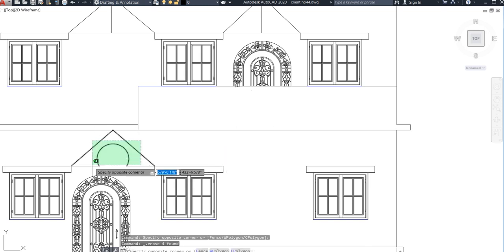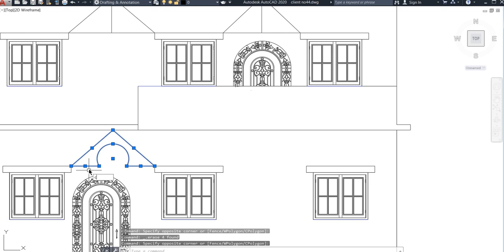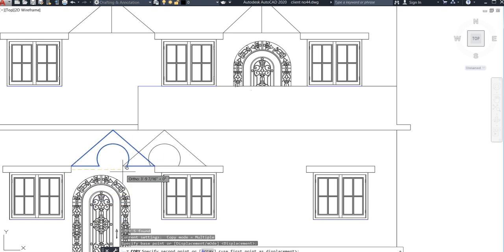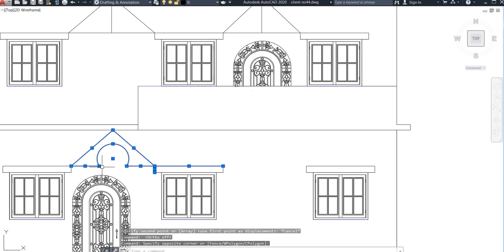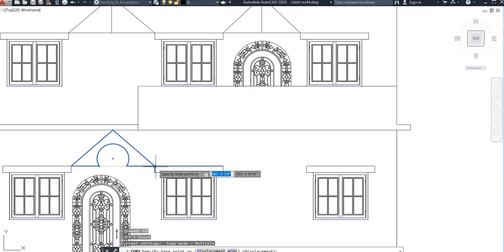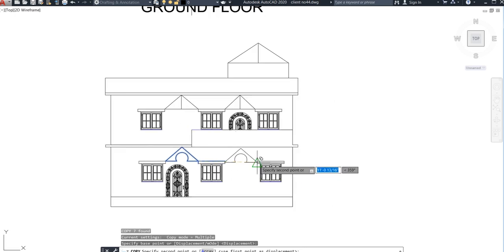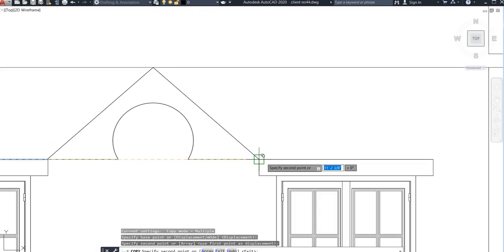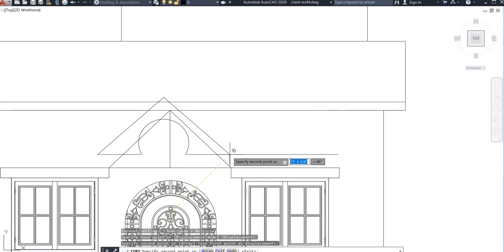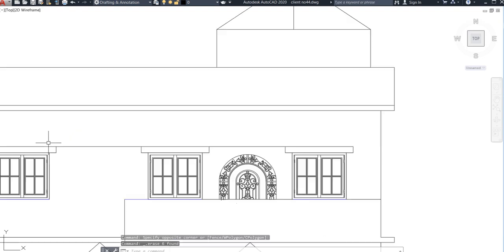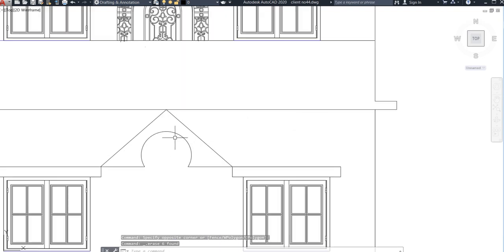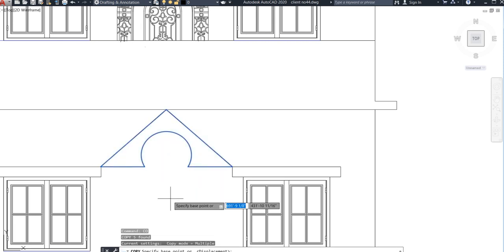Just select this, go for copy command. Before going to it, your ortho should be off. Just select this which I have selected over here. Now go for copy command, just select from this corner to this corner. So here also I need to delete all this, because do only the smart work, that could be very beneficial to you. If you are busy doing everything you want to create yourself, you will face a lot of problems.